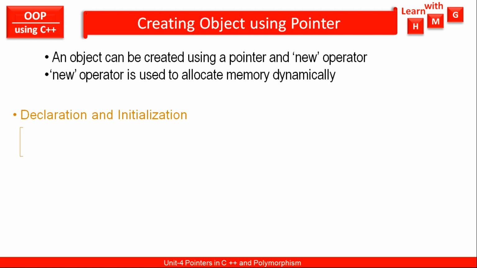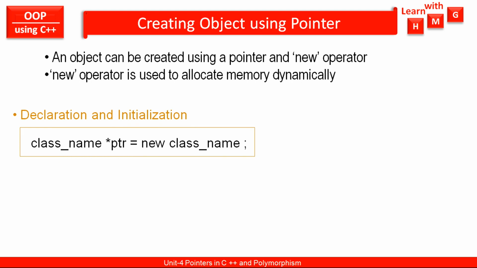So the declaration and initialization syntax is combined together: class name star ptr is equal to new class name. Here, class name star ptr creates a pointer of the type class name. And on the right side of the assignment operator, there is new class name. The new is an operator in C++, and this new operator will reserve a particular memory space